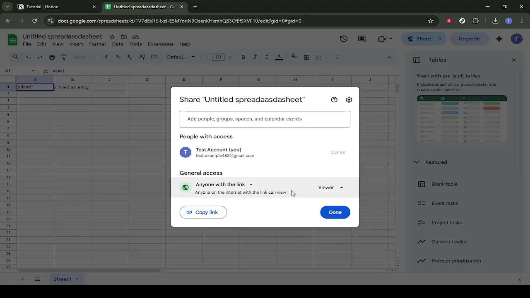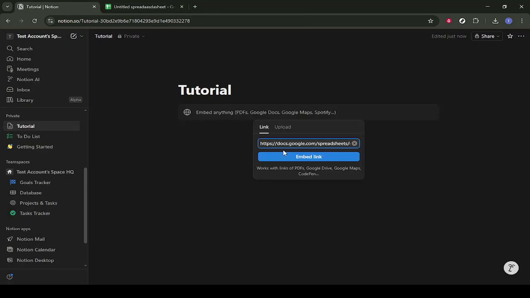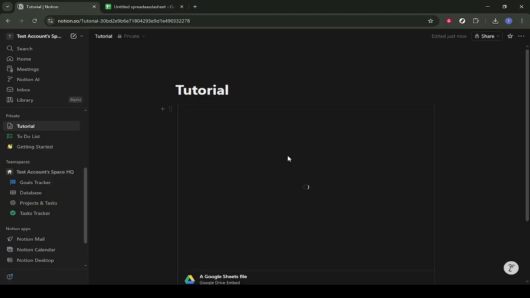With your cursor where you want the sheet to appear, type /embed if you haven't already, and select the Embed option from the menu. A small box will pop up asking for a link. Paste the Google Sheets link you just copied into that field. Click the button to embed or embed link, and Notion will create a live view-only window of your Google Sheet